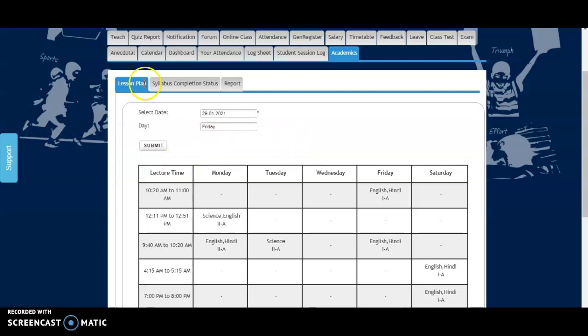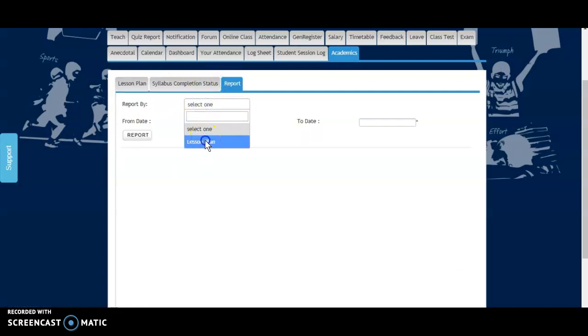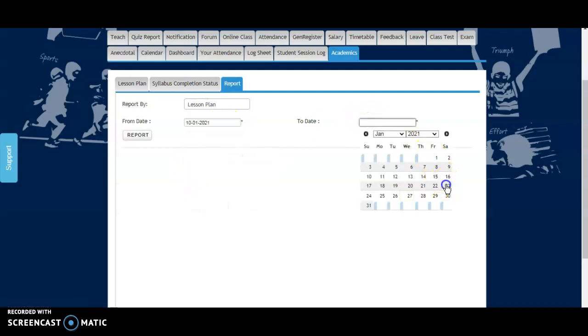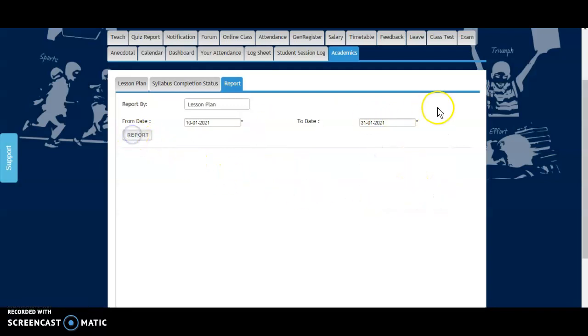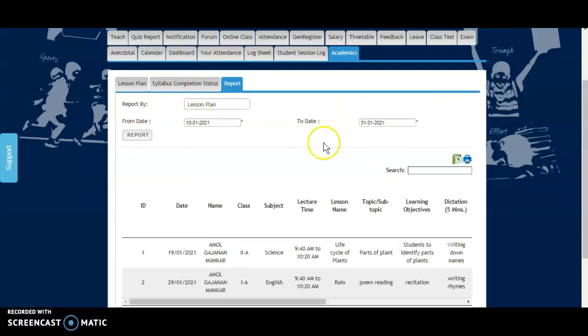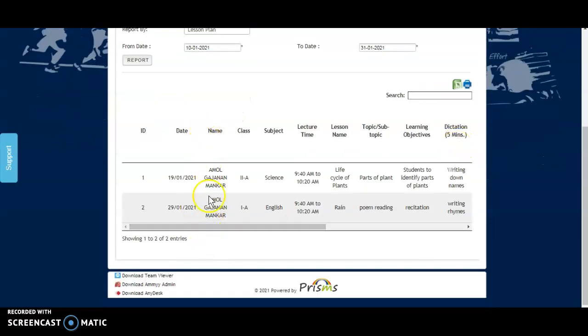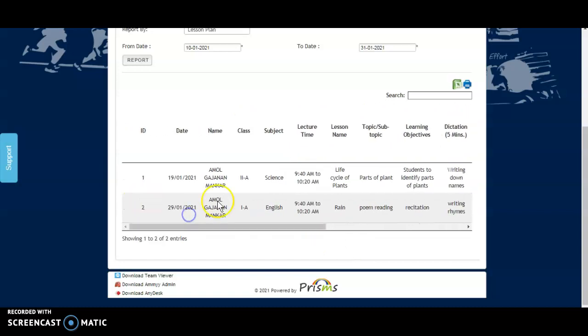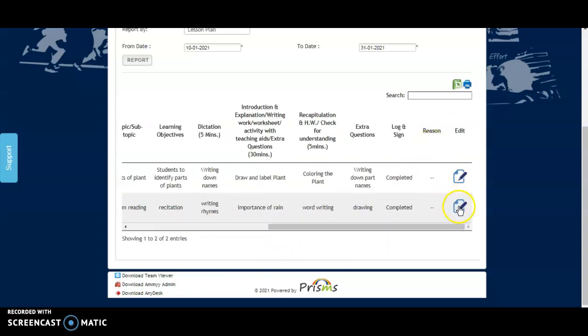Okay, so now this was about lesson plan. Now similarly, let's say on that particular day, if you have completed the lesson plan accordingly, then you don't have to update the log. But let's say you are not able to complete that lesson plan. So you can select the report, select the date filters, and you'll be able to see all the lesson plans that you have entered. Now let's say this particular lesson plan you were not able to complete on that day. So there's an option in the report called edit, and you can